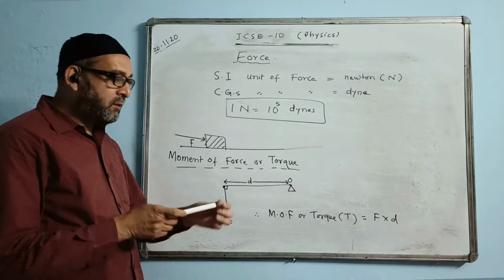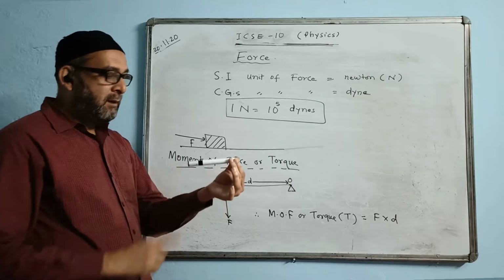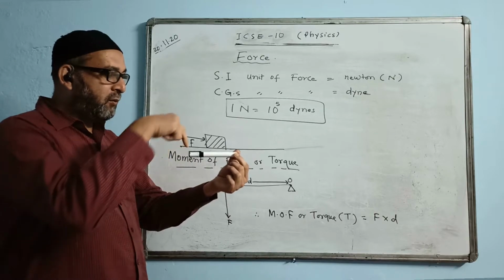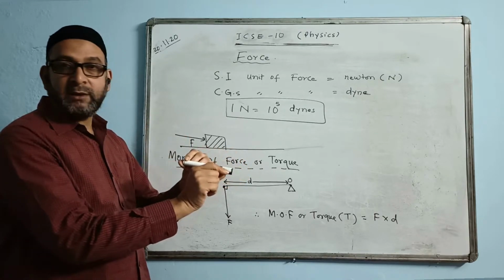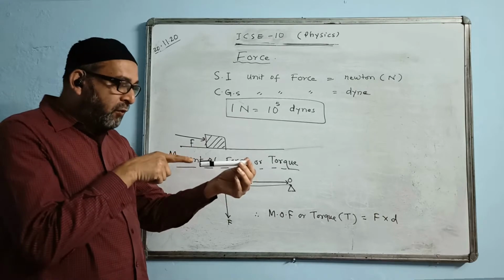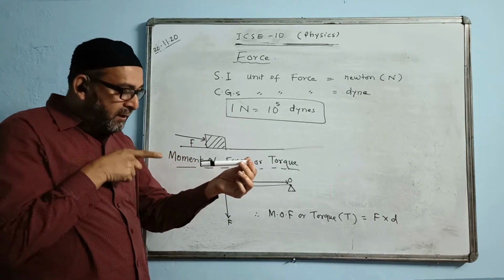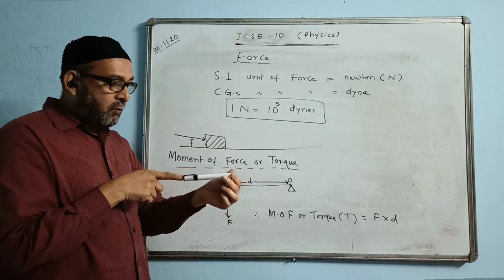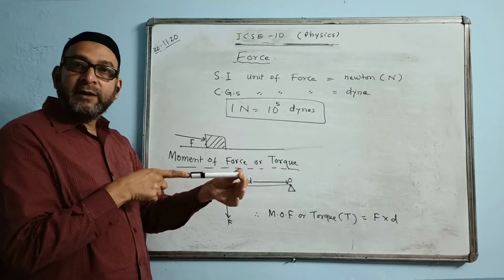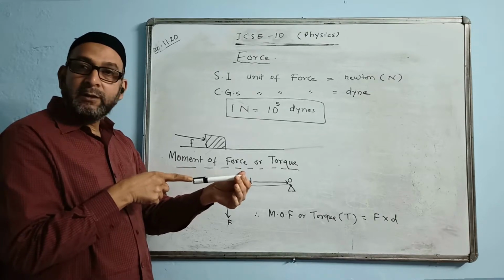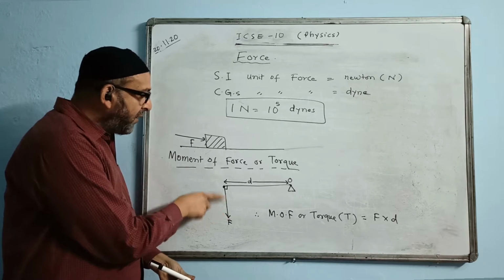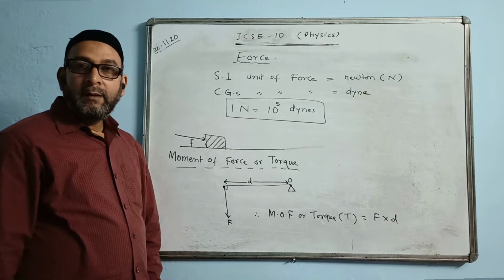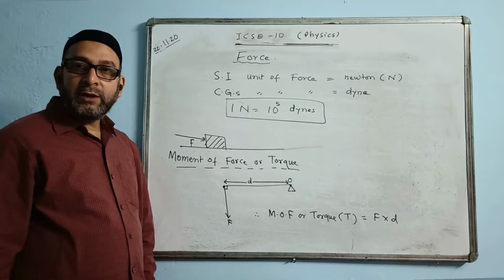What I mean to say, suppose this body is hinged over here. We are giving a force either in the upward direction, there is a turning effect, or you are giving a force in the downward direction, there is a turning effect like this. But if we give a force in this direction, exactly in the same direction as the distance D, do you see any turning effect in it? The answer is no, turning effect will not take place. Because the line of action of force has to be perpendicular to the distance. Then only the turning effect or the rotation will take place.